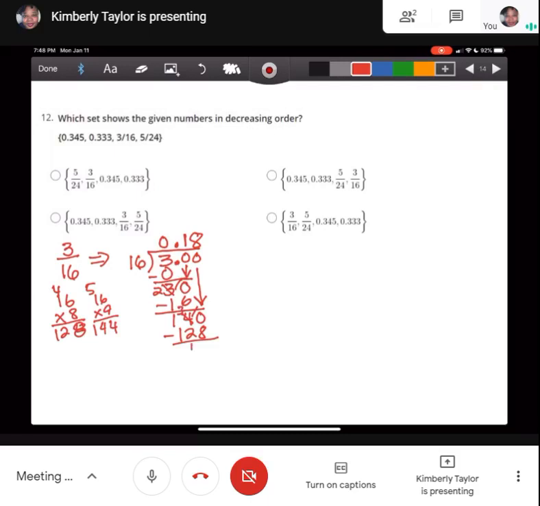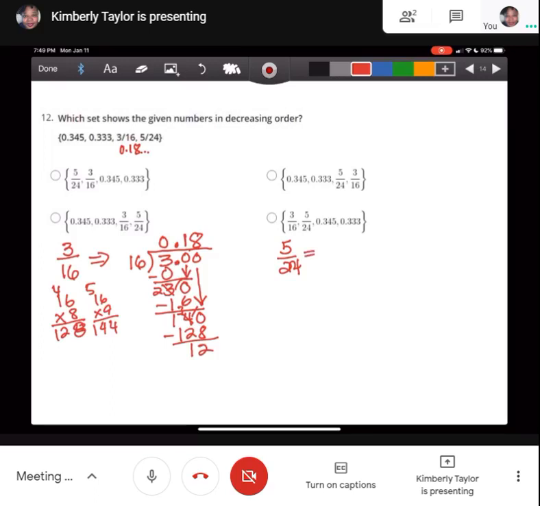It's going to be 1, 2. And I know I could keep going, but I'm not going to keep going. So we just know it's going to be 0.18 something. So far this is 0.18 because I don't know the rest. Now let's do the